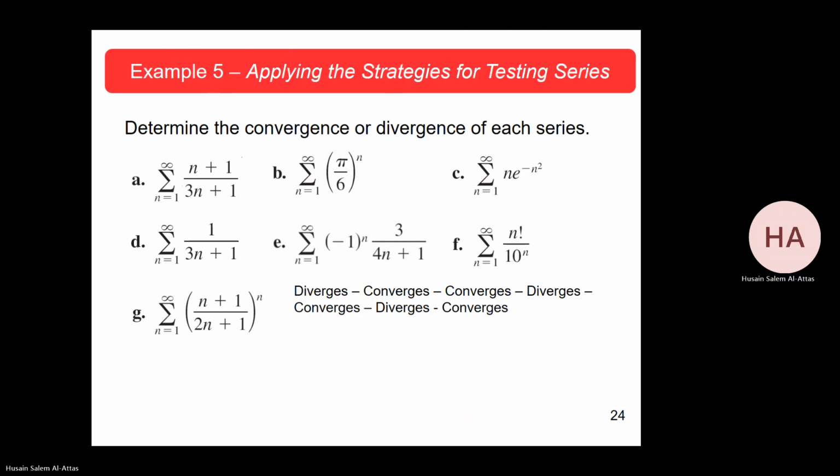So a_n is (n plus 1) over (3n plus 1). The limit of a_n as n goes to infinity, same degree, will be 1 over 3, not equal to 0. So right away, that means this series diverges